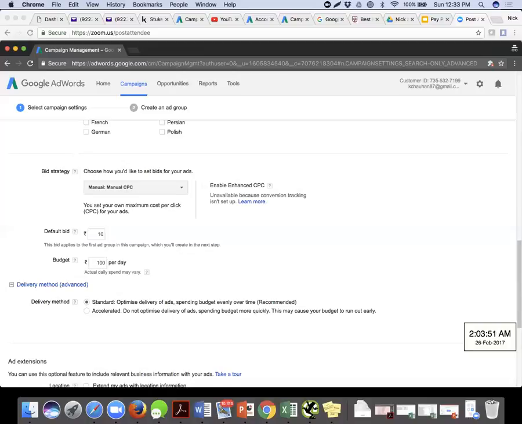When 10 rupees is deducted in the first 2 hours, it is done, then the next 2 hours. So evenly spreading is happening automatically. If you read the very first line, in the delivery method, it says standard. It says optimize delivery of ads, spending budget evenly over time.